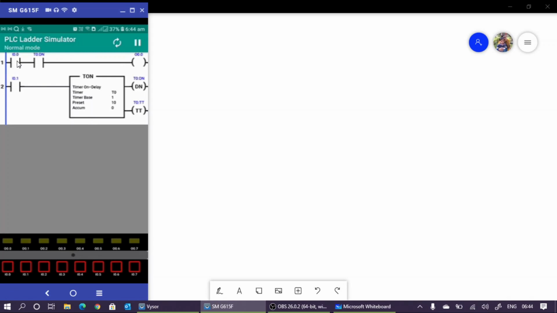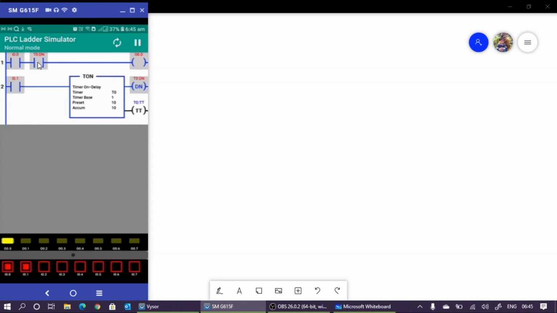So now I am going to start this one, I0, but the output is not activated because the timer is not, means the done bit of the timer, that one is not 1. So now I1, I am going to switch on I1. So 1, 2, 3, 4, because the timer is activated. Then the timer will switch on this one when it is equal to 10. So now you can say this is 1, as it is 1, this is 1. So already this one is 1. So 1 and 1, the output is activated. So you can see that this is the operation.